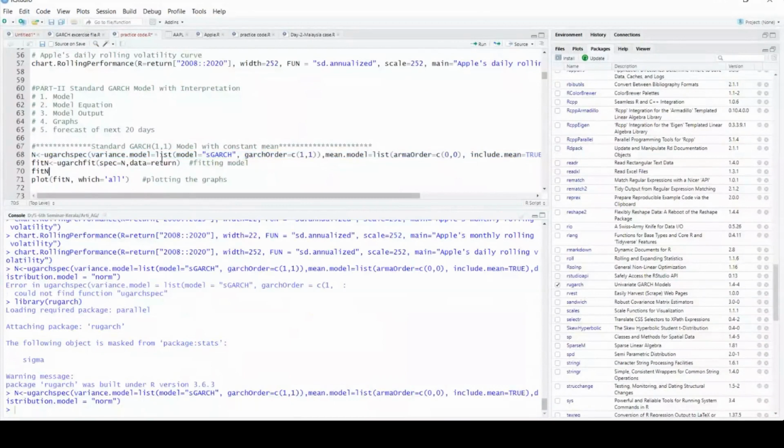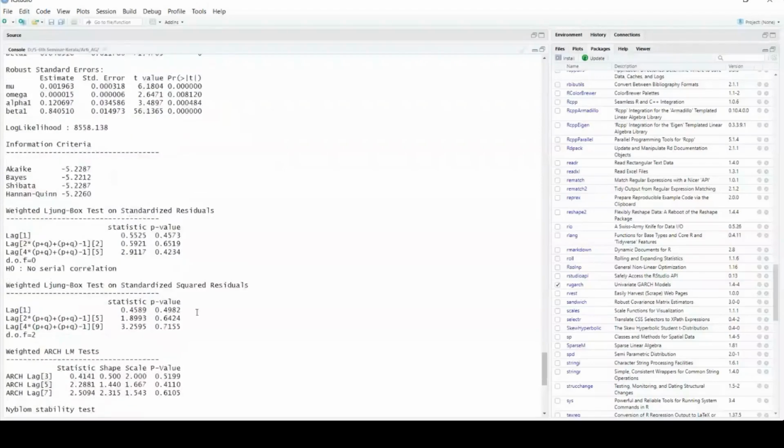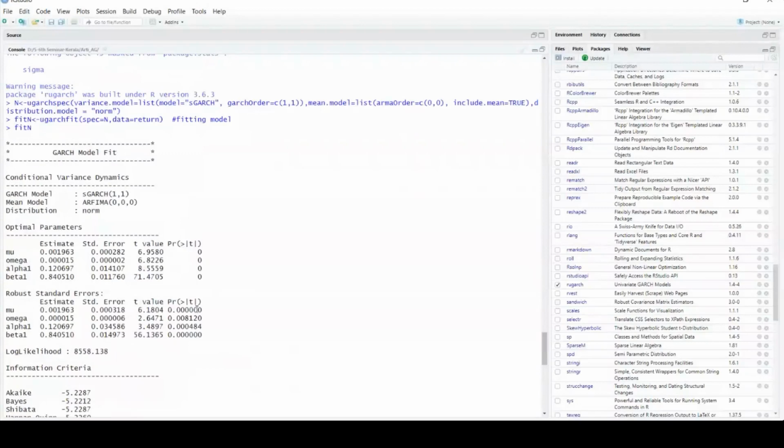Now I want to see my output. This is my output. I want close attention from all of you, so that you can understand what this GARCH model is and how to read out the result, because I think that is the most important.